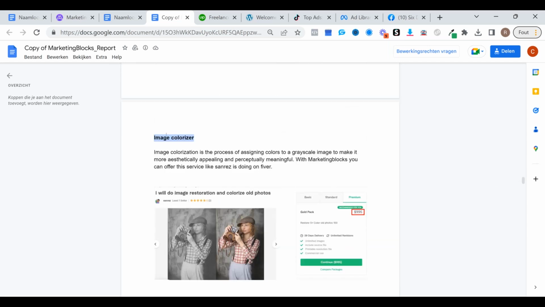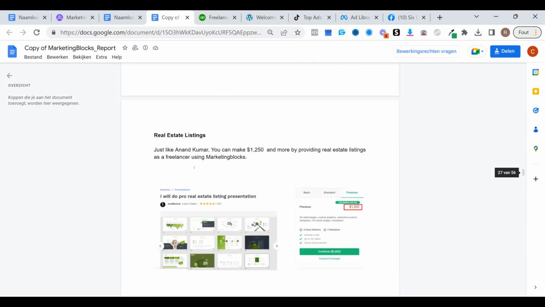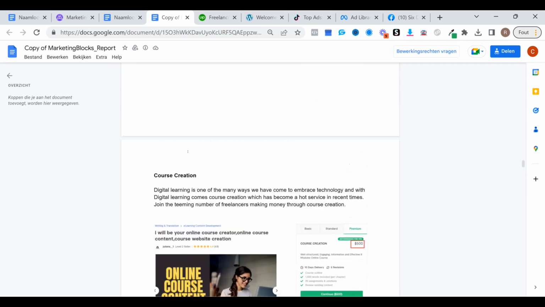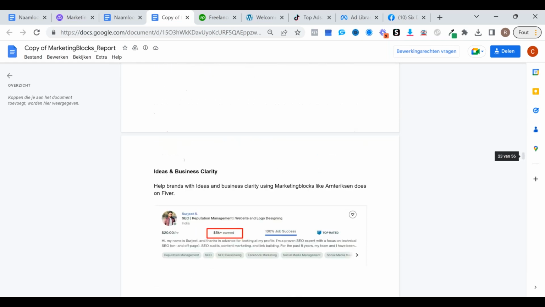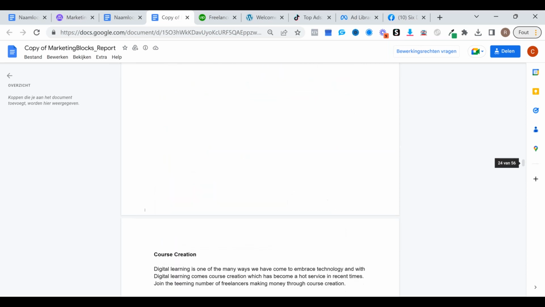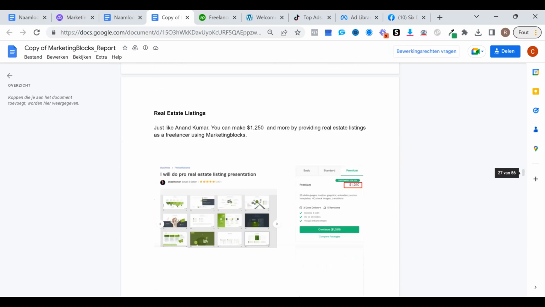Let's say it was an image colorizer for a Shopify store. Like, hey, I know that you have a Shopify store. I can actually do your e-com listing, your email marketing. I can do your ID business and clarity. That one client can now turn into so much more money, or can pay you recurringly, or you can make